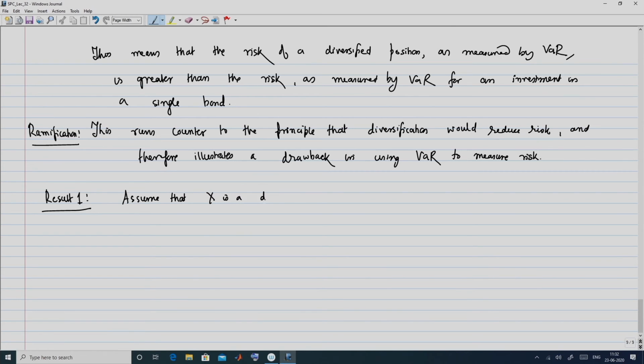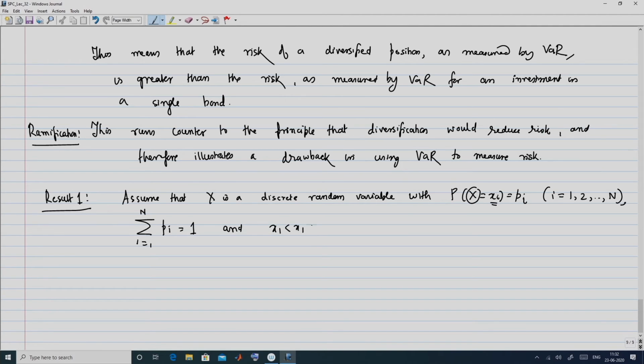x is a discrete random variable with probability x equal to xi, say, is equal to pi. So, suppose that I have this discrete random variable x, which takes capital N number of values, which I denote by little x1 through little xn, and I denote the corresponding probabilities as little p1 through pn. And here, obviously the summation of pi, i equal to 1 to n, is going to be equal to 1, and